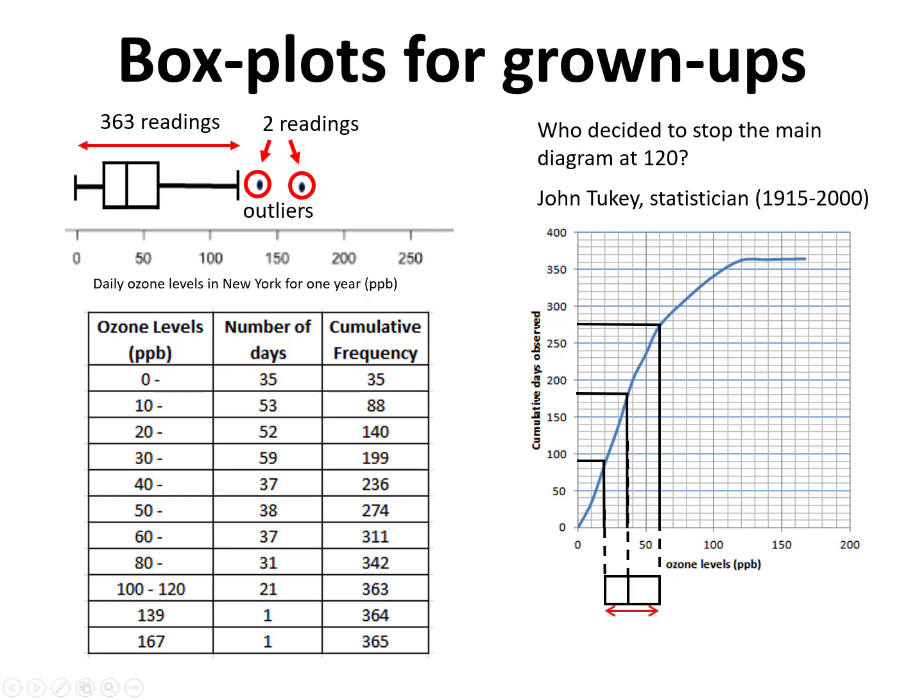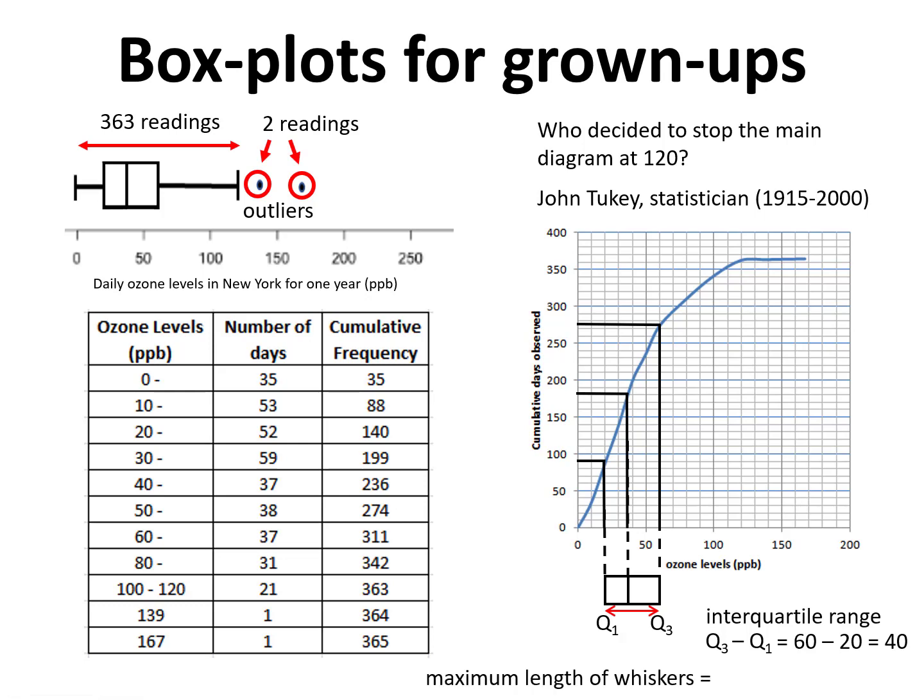What Tukey said is I need to look at that distance there, the thing we call the interquartile range. We call this lower quartile Q1 and that upper quartile Q3. Q2, 2/4, is just the median. To get the interquartile range, I simply work out the sum Q3 minus Q1, and we can see Q3 is 60, Q1 is 20, so the interquartile range is 40. And what John Tukey said was that the whiskers should never be more than 1.5 interquartile ranges long. So, in this particular case, my whiskers must not be more than 60 units long, 60 parts per billion long